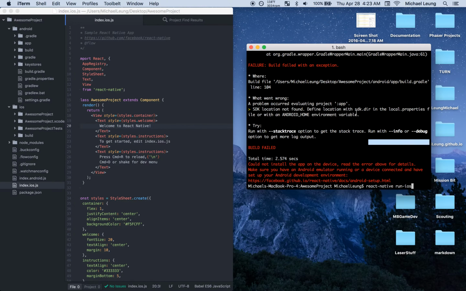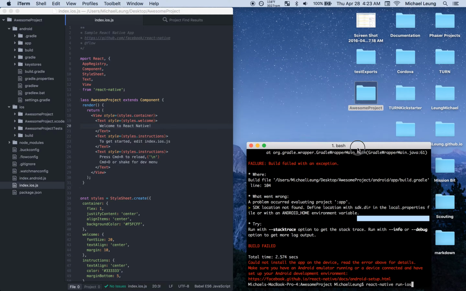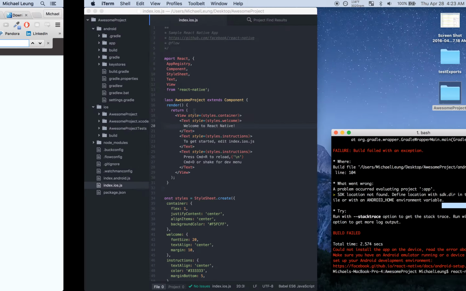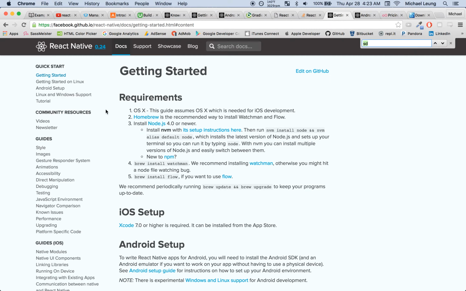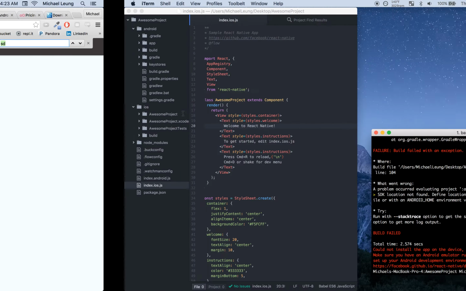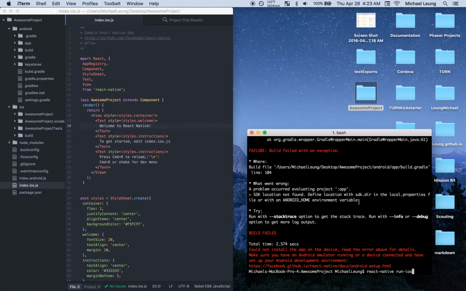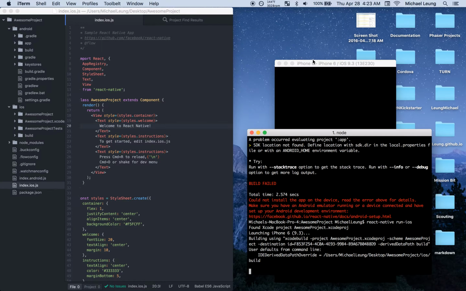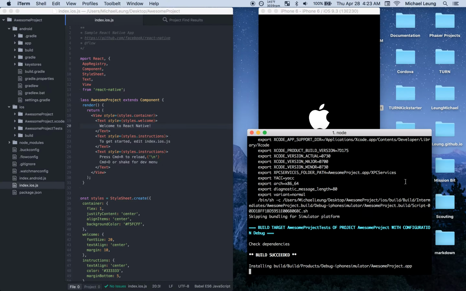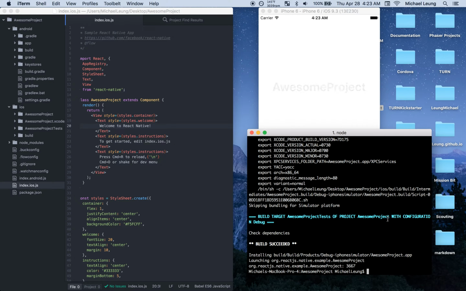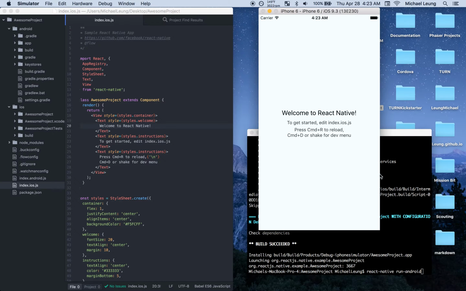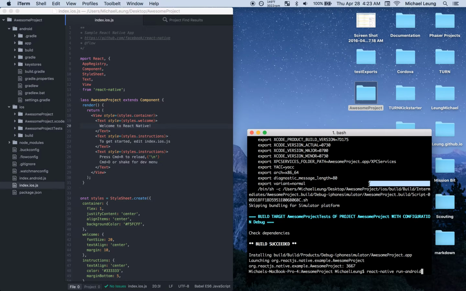Okay, so first I'm just going to take the awesome project folder, the project that they have you download from the Getting Started guide. That's like the hello world, and I'm just going to show you that it works. So the iOS version works, but when you try to run the Android version, so iOS works, I'll click enter,